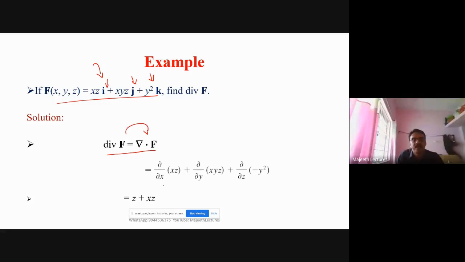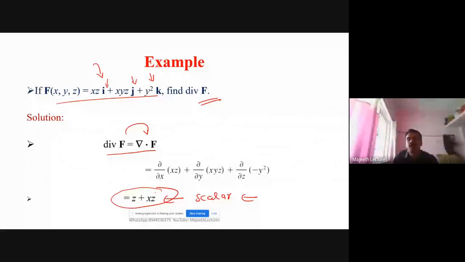Del acts on the vector. You see the result as scalar. So if they give objective type questions with the question and answer in vector and only this is a scalar, no need to do the problem. Directly you can write the answer. So it's a shortcut. For that only I emphasize this one, right? So del operates on the vector and take a dot product means the result will always be a scalar.